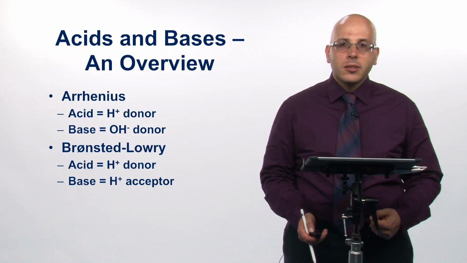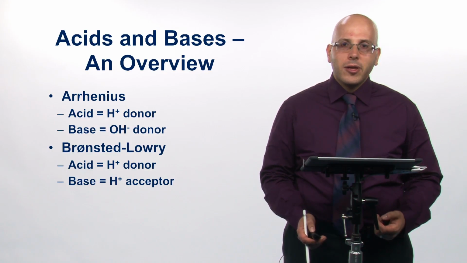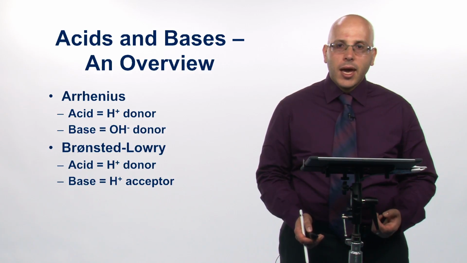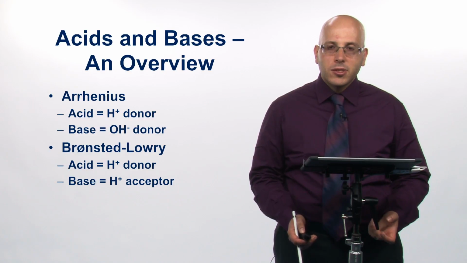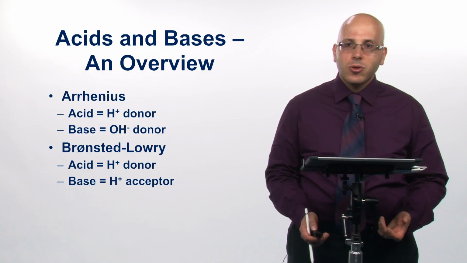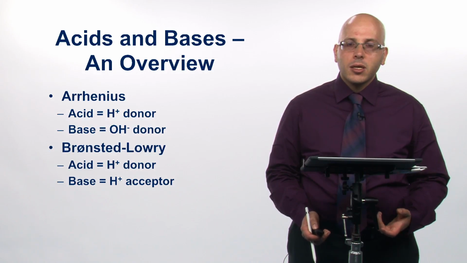Another definition is that of the Brønsted-Lowry acid or base, and this was about 40, 50 years later, 1923. And Brønsted-Lowry liked the Arrhenius acid thing. They kept that. Okay, so we still have an acid as a proton donor, but we're going to change the definition of a base. Instead of it being a hydroxide ion donor, this is going to be a proton acceptor,